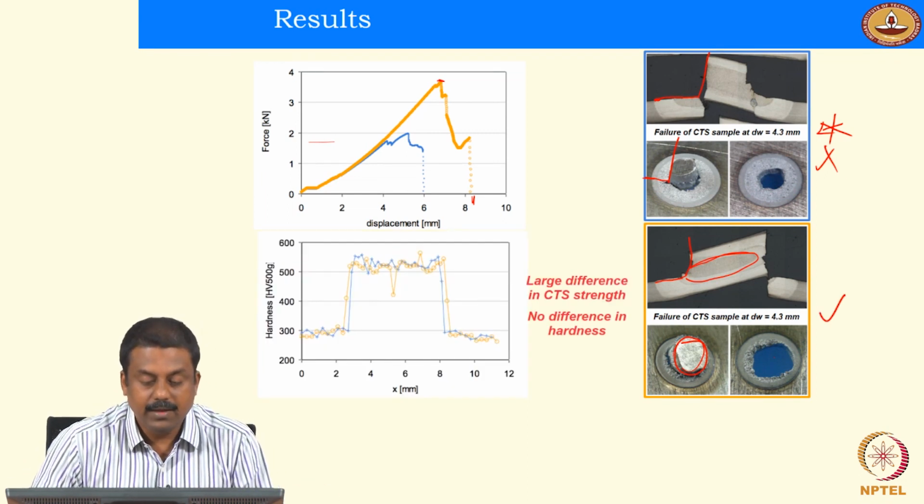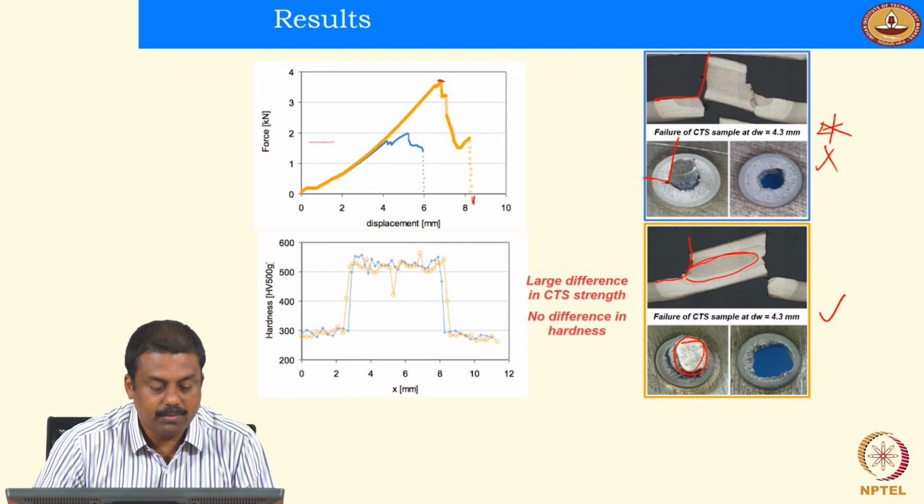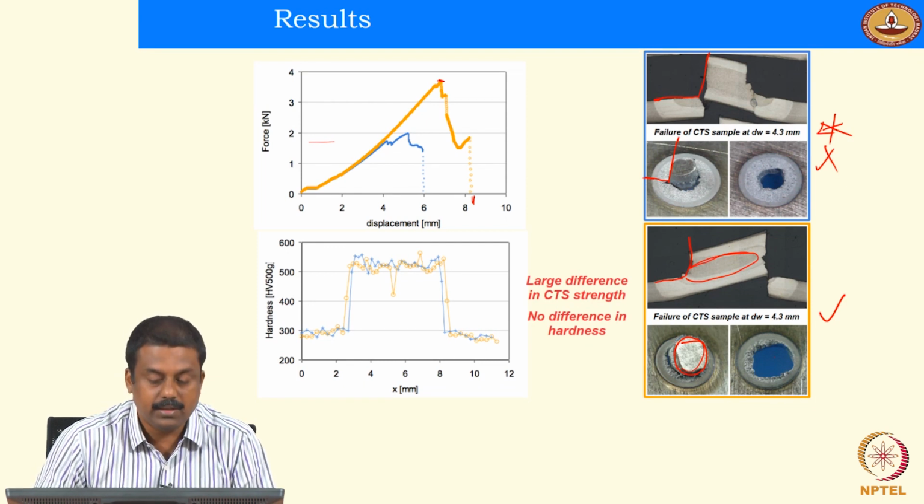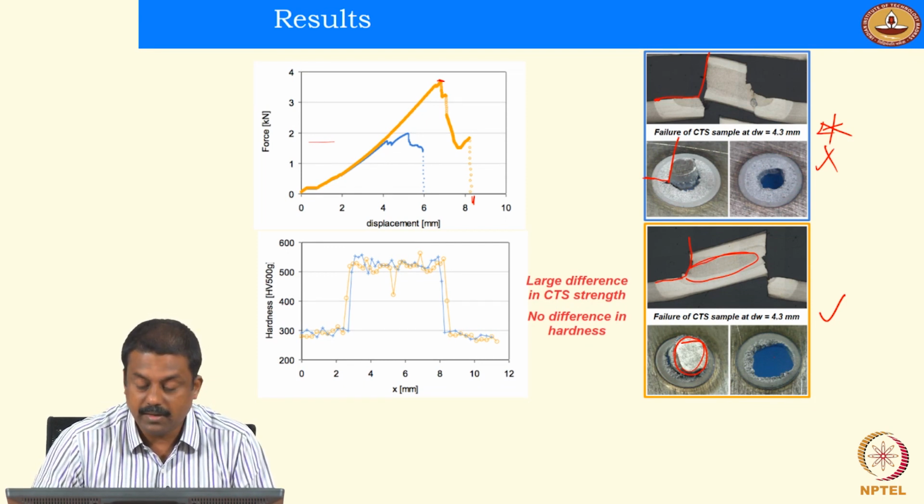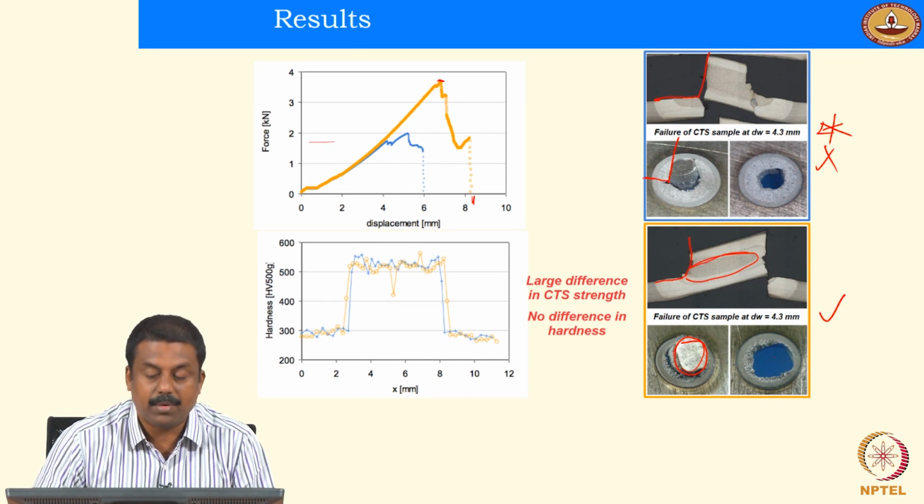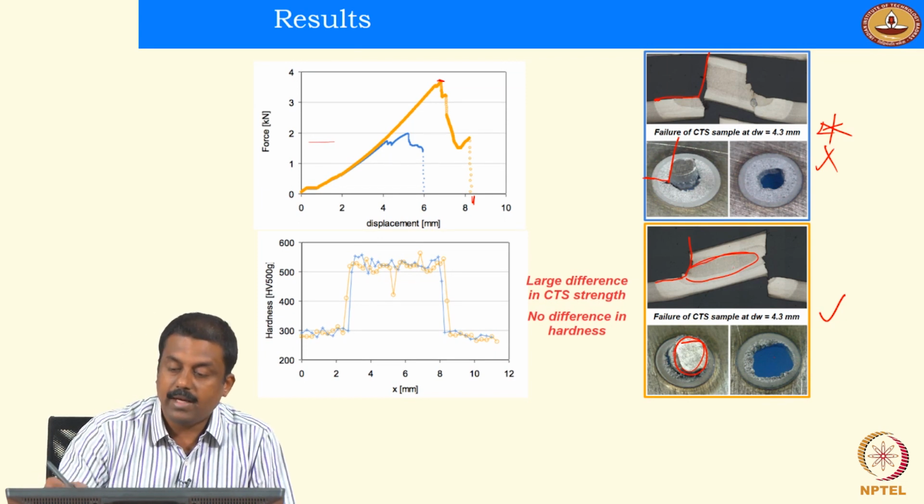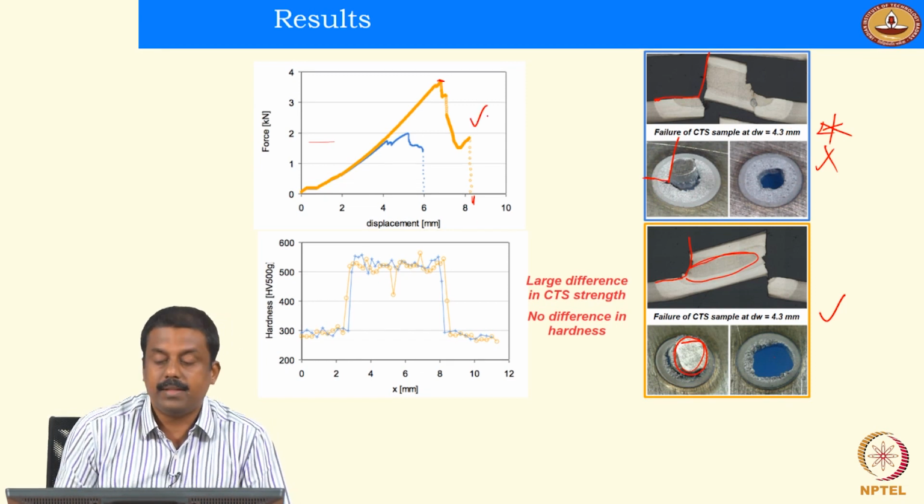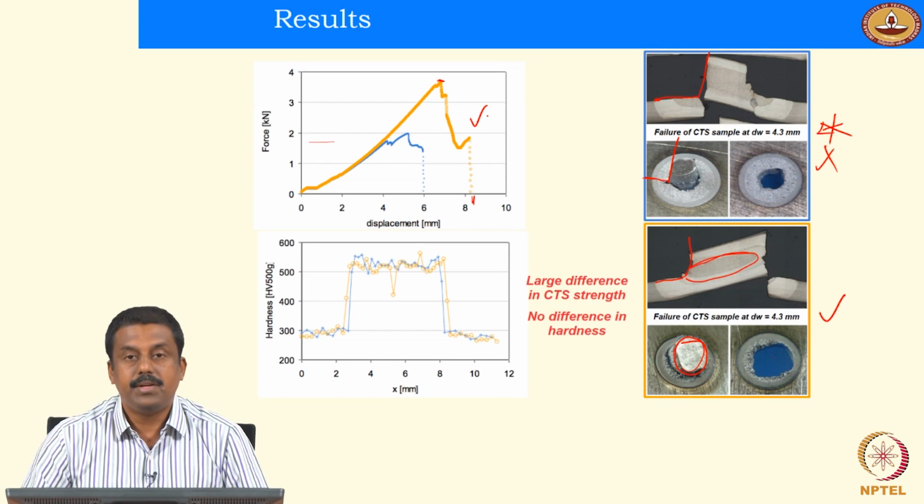But there is no significant variation in the hardness in both the cases. Both showed similar hardness variation. That means that hardness-wise there is no problem. But we have a significant improvement in the failure mode as well as the mechanical property. That means that second pulsing is beneficial to